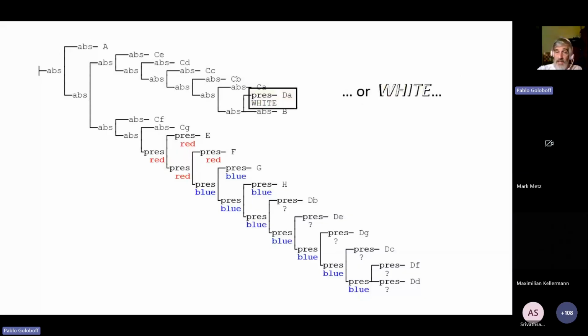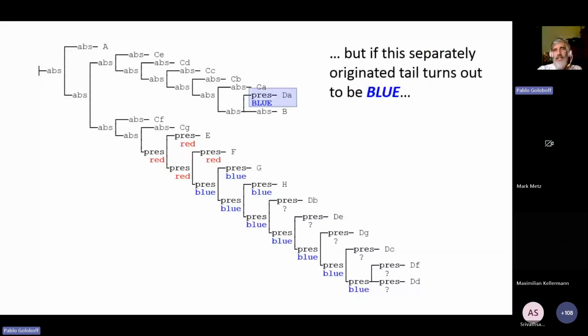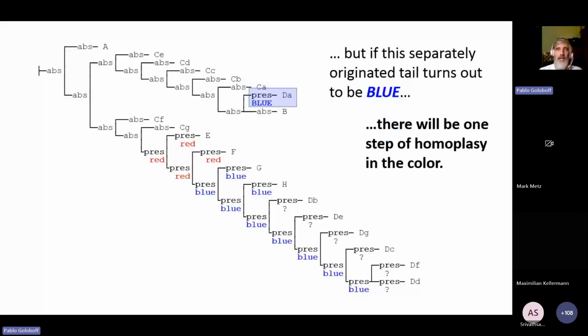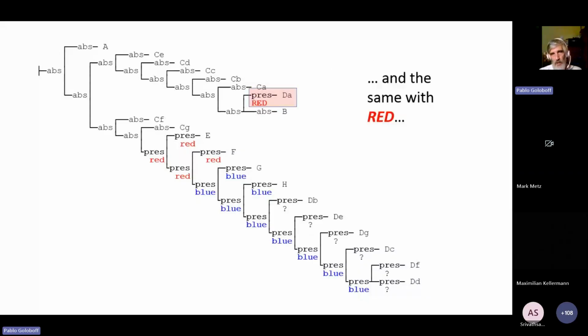But if that separately originated tail turns out to be blue, then that means 1 step of homoplasy in the color. And if that tail turns out to be red, when you can actually observe it, that's going to be 1 step of homoplasy. There are thus 2 options with separate originations of the primary character and unobserved locally applicable characters. You either count no